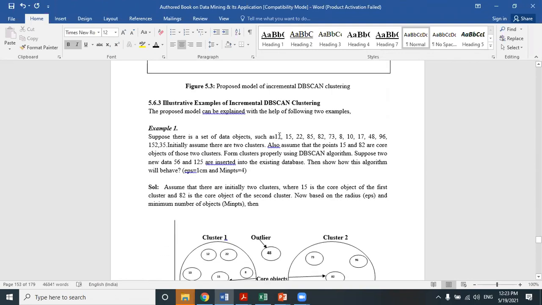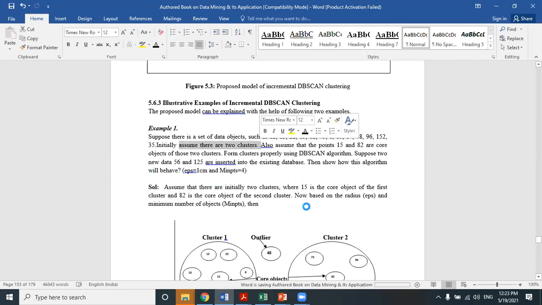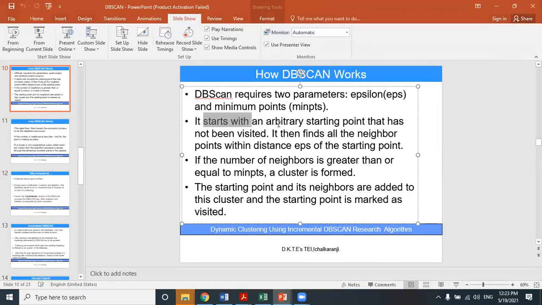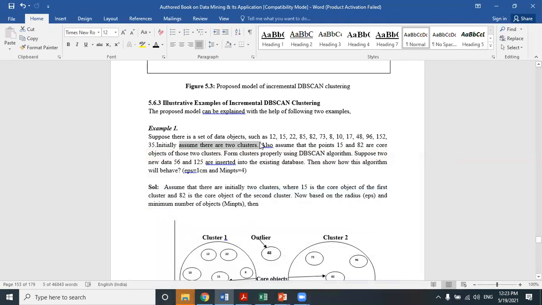So this is an example which I already showed here. These are the number of points. For the sake of simplicity, I have assumed one-dimensional points. The number of points has been given in a free space, and initially we assume two clusters. I already discussed this: the algorithm tells you that initially we have to assume clusters, so an arbitrary starting point has to be assumed. Two clusters means 2 points. We will assume two arbitrary points from this range of points that has been given to you.